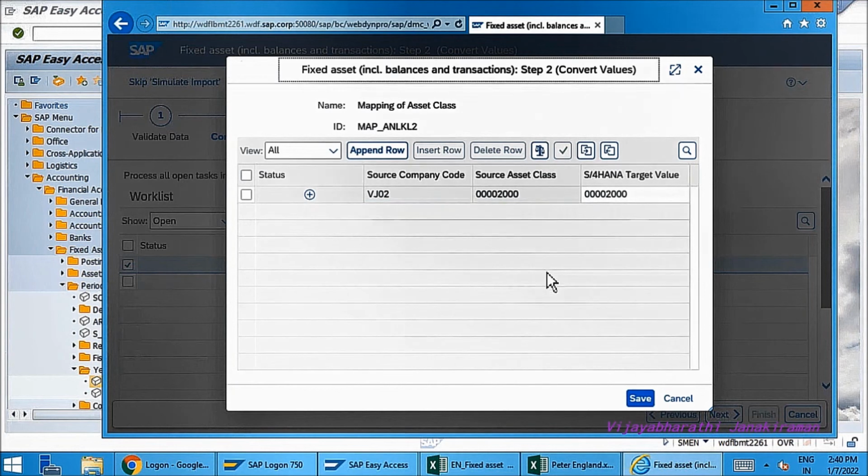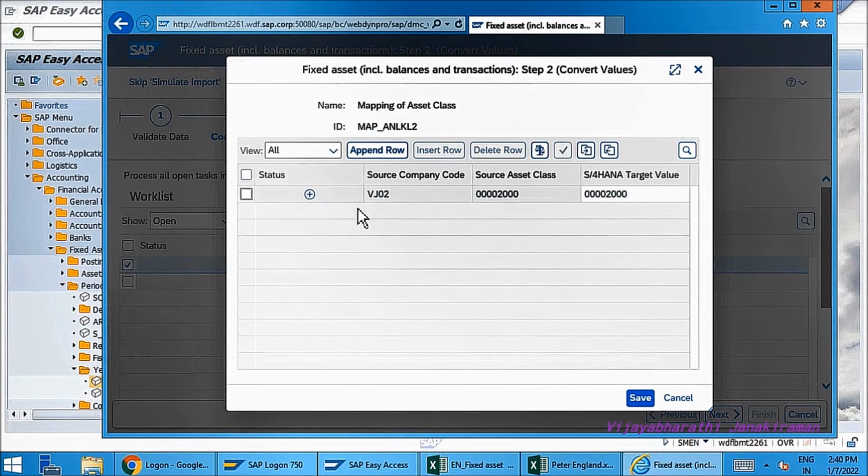Similarly, pick the next row and confirm the values by choosing that, clicking on OK, update the status as completed and save.